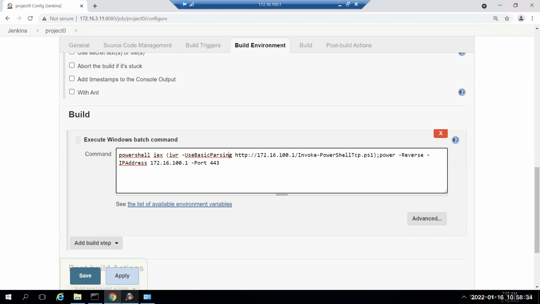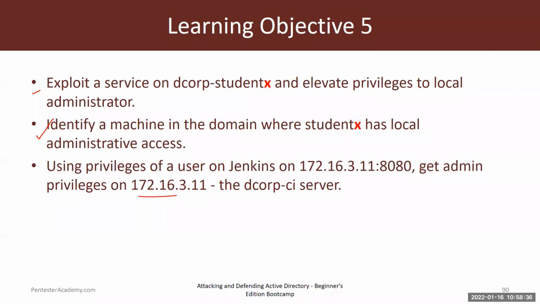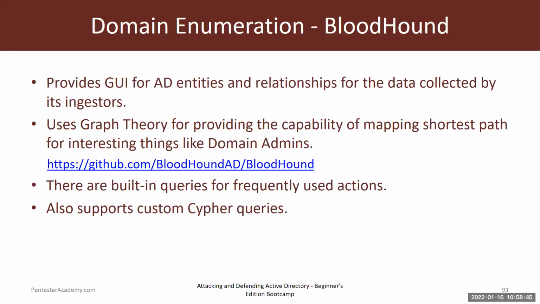All right. So that was our third task of learning objective 5. Now let's talk about BloodHound for domain enumeration. So BloodHound is a very, very useful tool for penetration testers and blue teamers. A bit noisy to be very useful for red teamers,